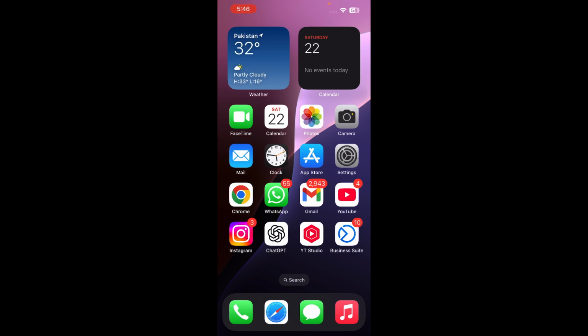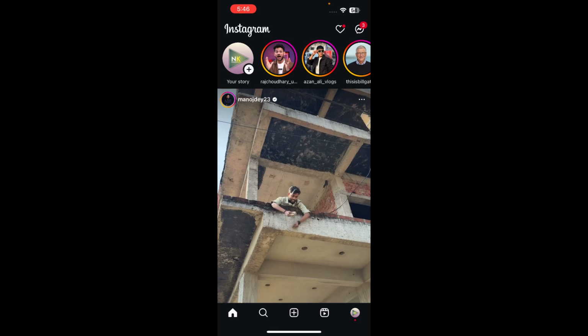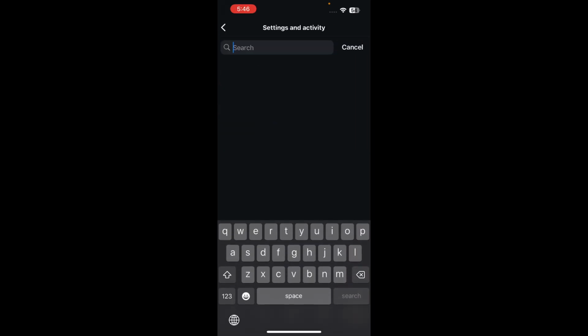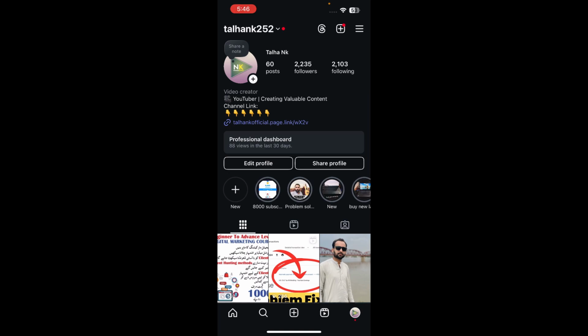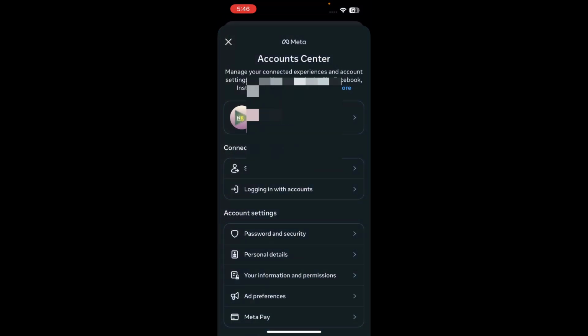Simply open the Instagram application on your iPhone or Android and then click on your Instagram profile or avatar, and then click on the three horizontal lines here, and then you can see the option for Accounts Center. If I click on the three horizontal lines, you can see many options here, but click on Accounts Center and then